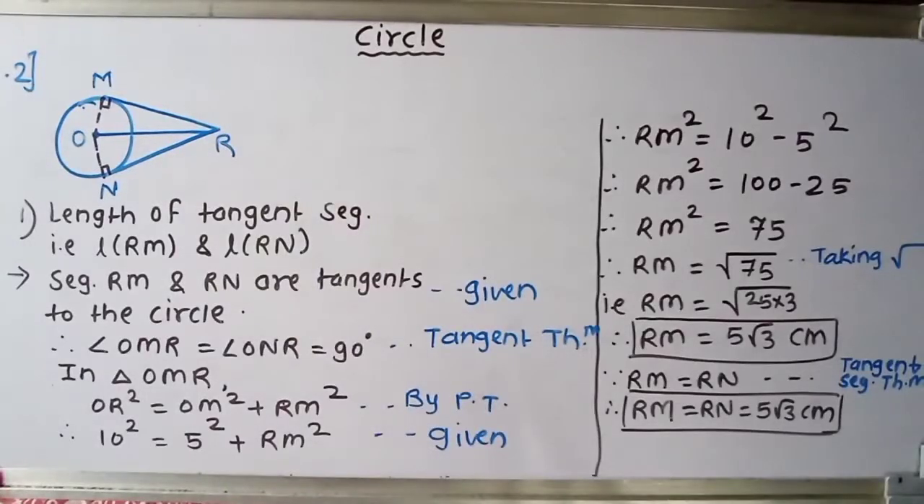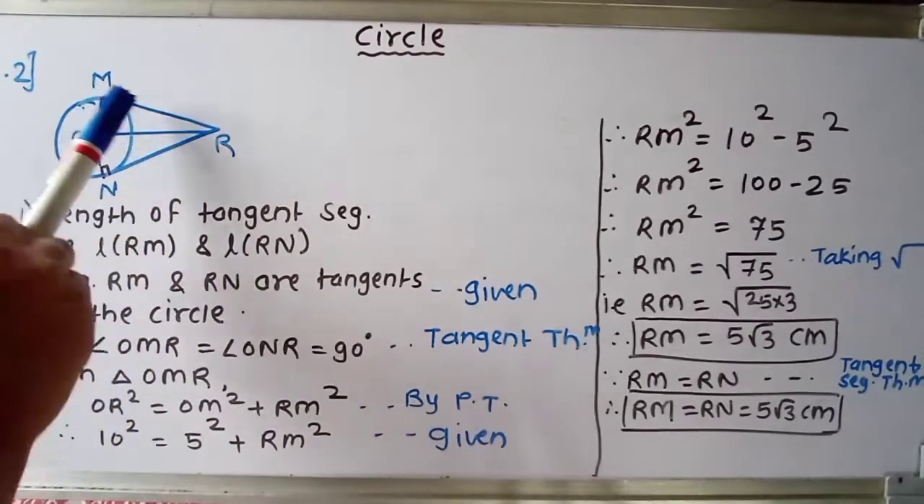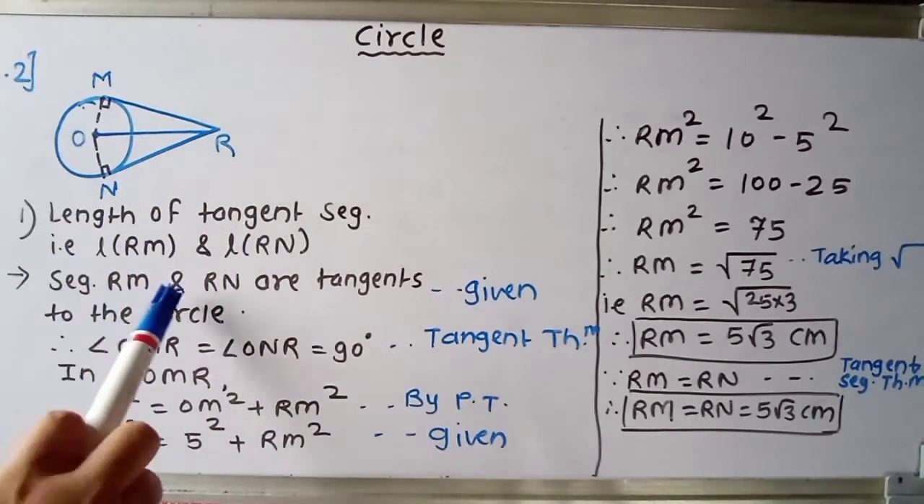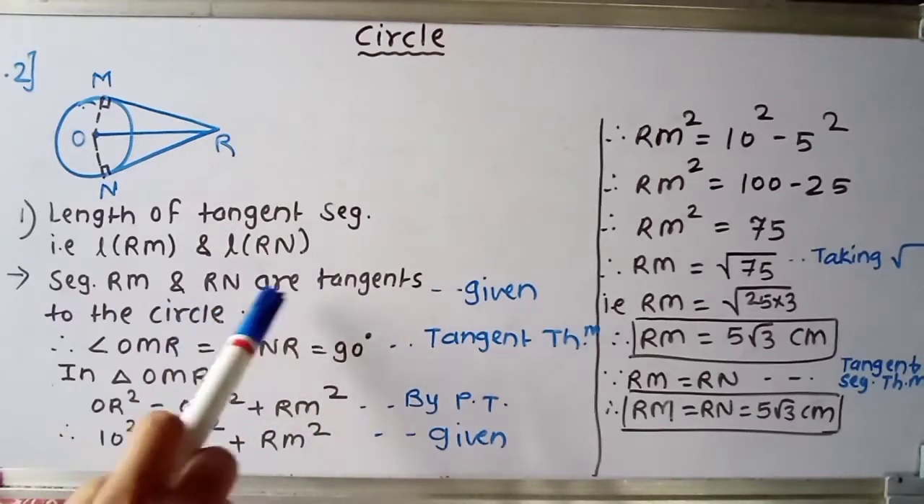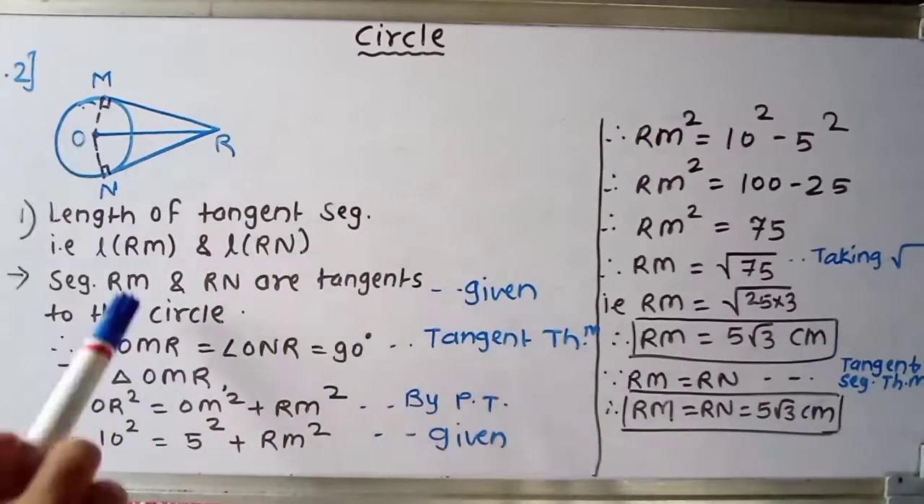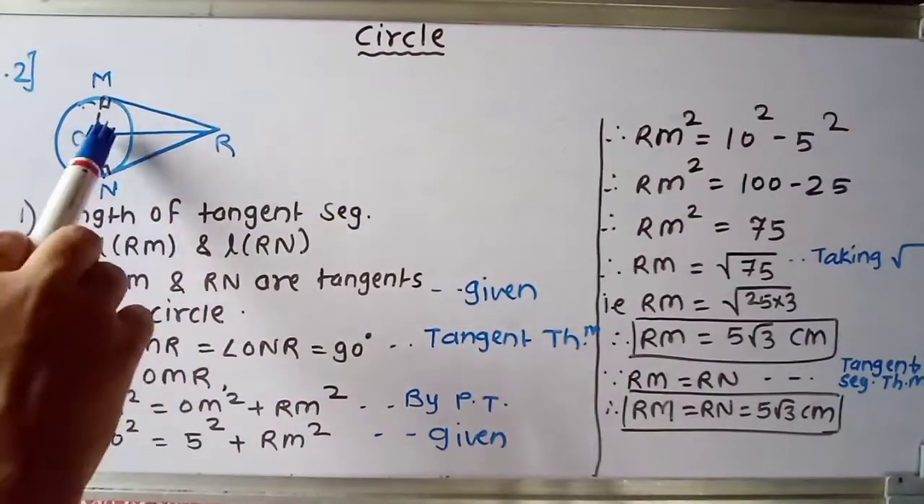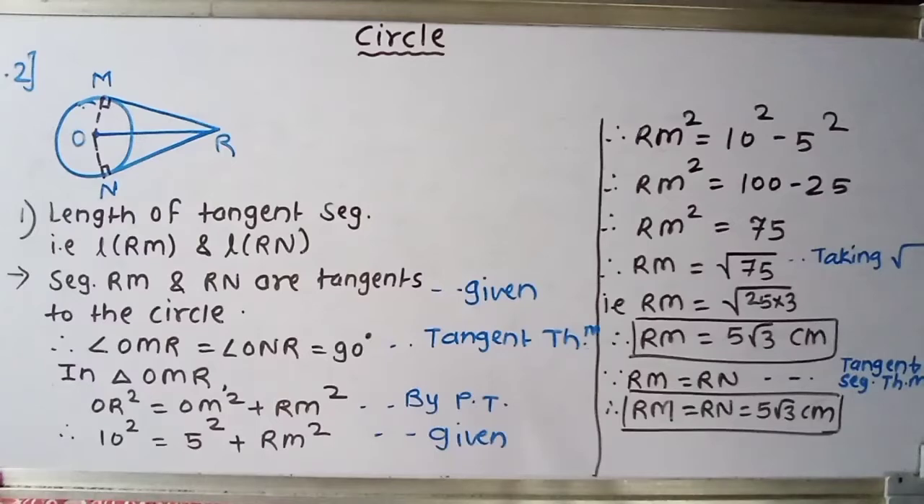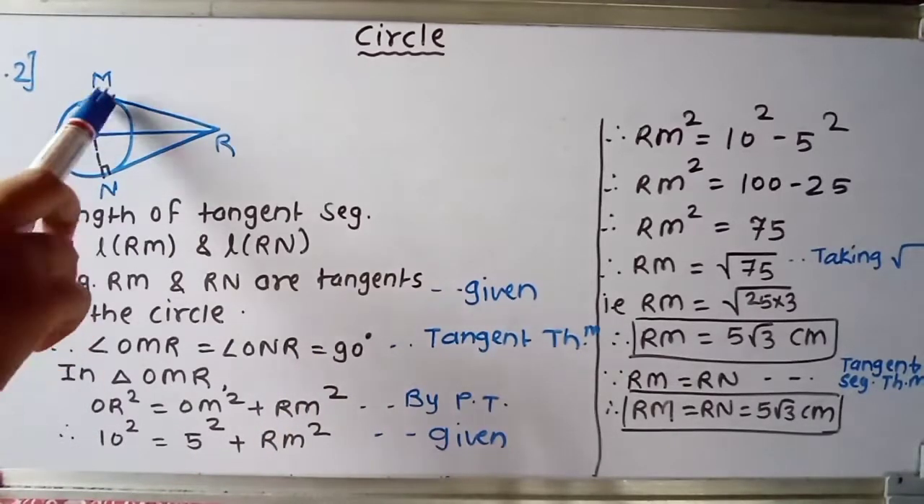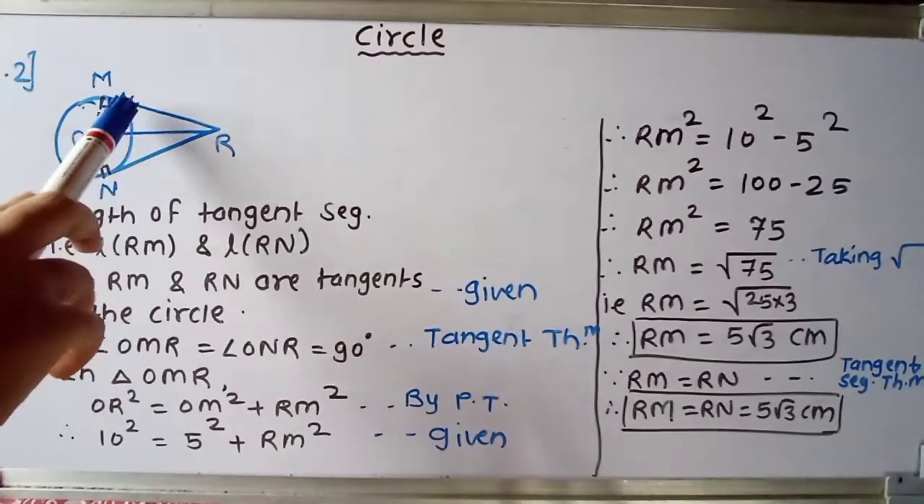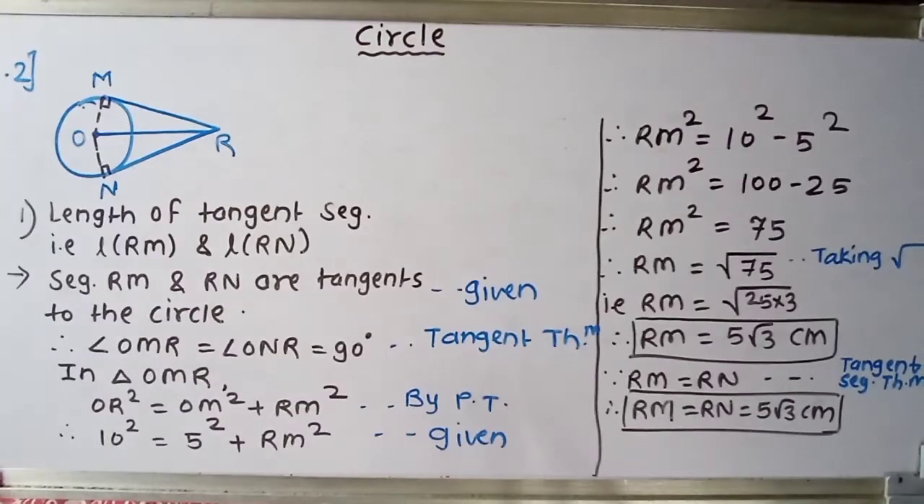So let's see the first question. We have to find the lengths of tangent segments RM and RN. Segments RM and RN are tangents to the circle, already given. Therefore angle OMR and angle ONR equal 90 degrees by the tangent theorem. So these two angles are 90 degrees, which means you can take one triangle that is a right